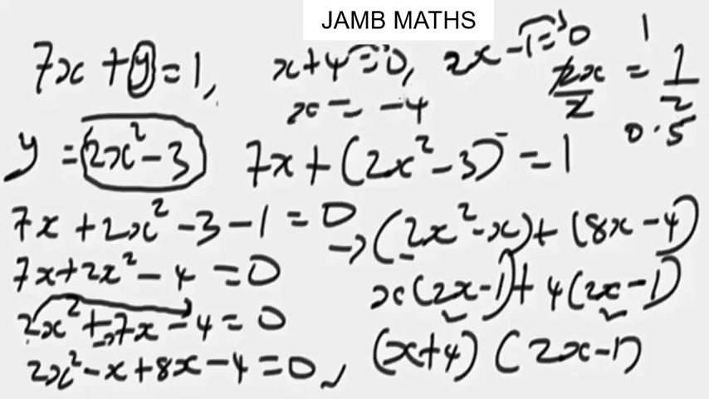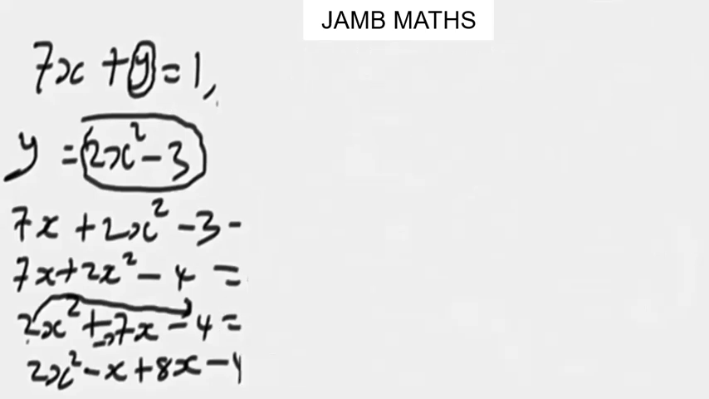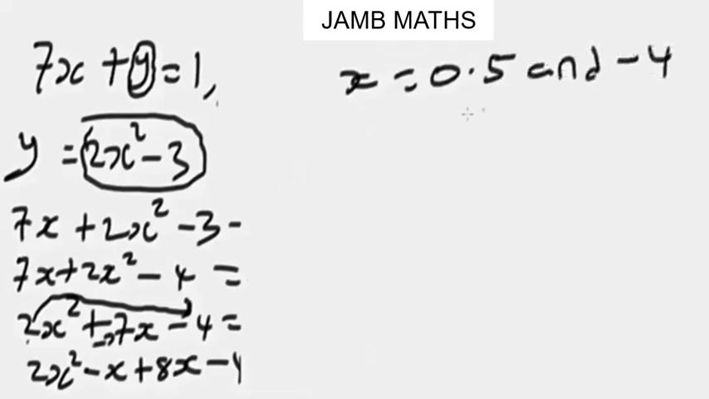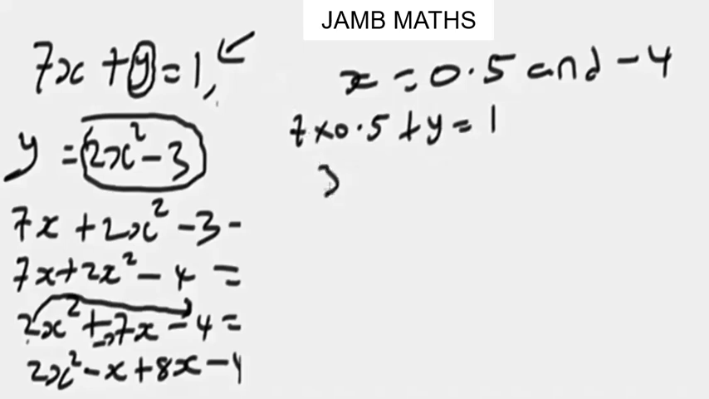So now that you have these outputs, let's wipe everything. We have known the output of x. Okay, so we got our x to be 0.5 and negative 4. You now say, let's substitute the values of x respectively in this equation 1. So when x is 0.5, we're going to have 7 times 0.5. Remember, we are looking for y, 7x plus y equals 1. So 7 times 0.5 will give us 3.5. Let me write it. So we're going to have 3.5